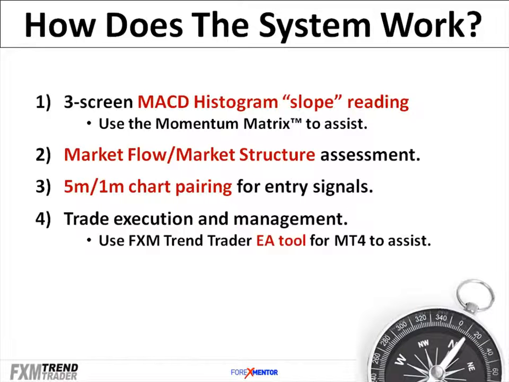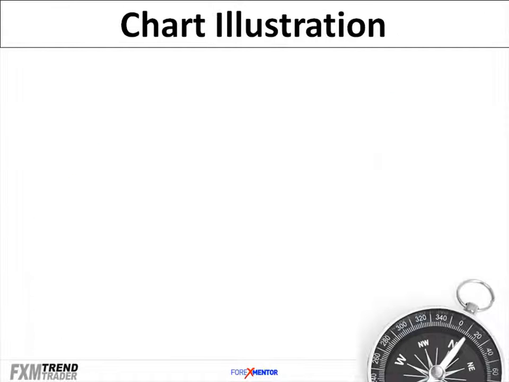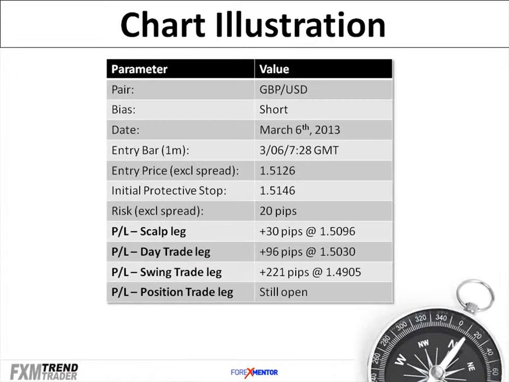Our methodology defaults to a 4-part scaling out approach, which I think makes a lot of sense, but you might not like it. You might prefer an all or nothing approach. If that's the case, then you can certainly pursue the trade that way, whether manually or adjusting certain switches in the EA tool. All of that said, I'd like to now set up today's chart example, focusing on pound US